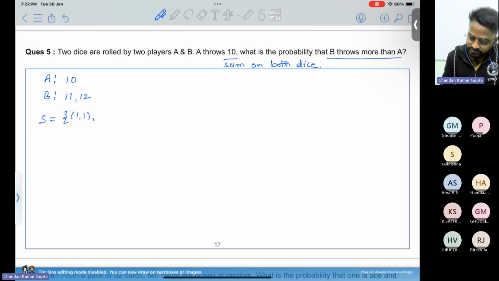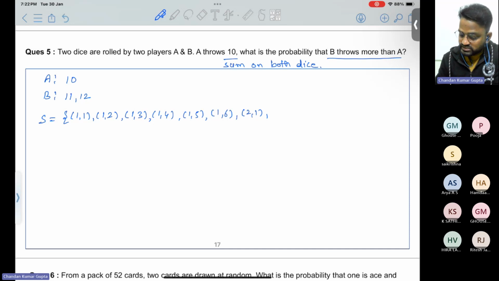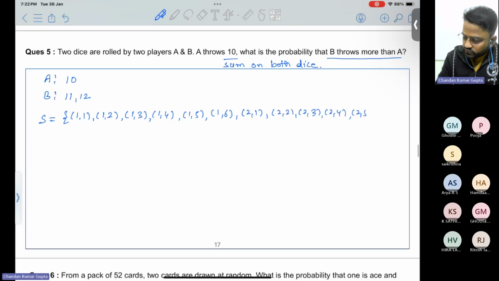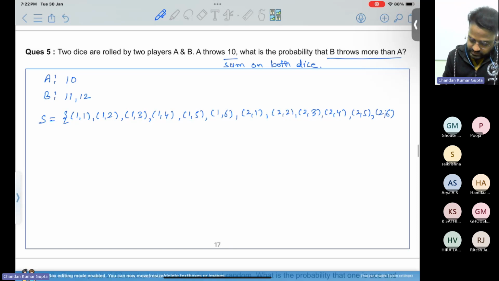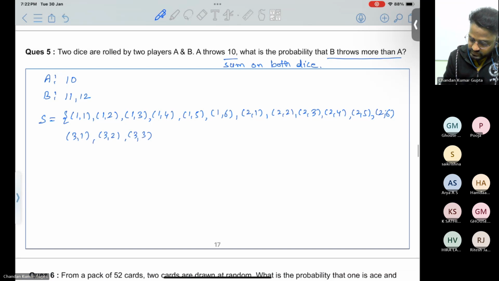It's 1 1, 1 2, 1 3, 1 4, 1 5, 1 6, 2 1. I'm going to write the whole 36 elements. So once I write, please form an image in your mind. 2 2, 2 3, 2 4, 2 5, 2 6, 3 1, 3 2, 3 3, 3 4,